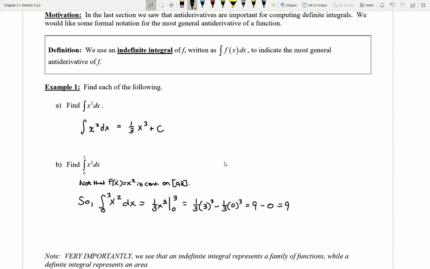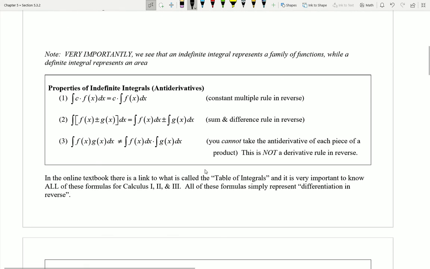So in the last video, we saw that it's important now to be able to distinguish between these two different types of integrals. The indefinite integral with no bounds that asks us to find an antiderivative, and a definite integral with bounds that asks us to find an area under a curve. So down below here, we're going to see that there are going to be some properties of indefinite integrals, or properties of antiderivatives,